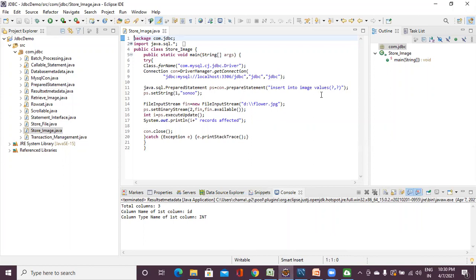Then insert into image values. Since there are two columns, we need to give two parameters here, question marks. Then first, ps.setString, for the first parameter you set the name as Sonu. Then FileInputStream fn = new FileInputStream of